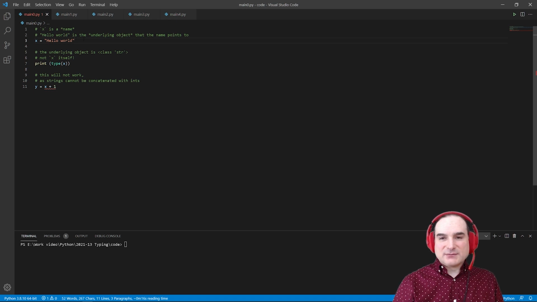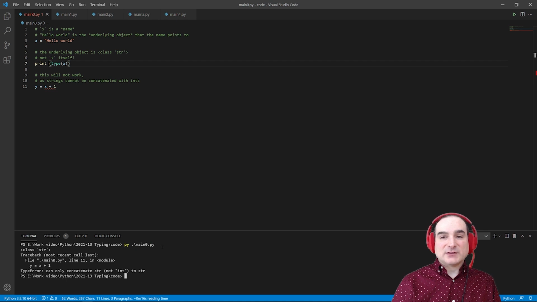When we create a variable in Python, we're creating a name in a namespace. In this particular case, it's in the global namespace for this module, and we're associating that name with some object. So if we say x equals hello world, we're creating the string hello world and pointing the name x at that object. The string object itself, the thing x points to, is strongly typed. We can't concatenate it with an integer, for instance. That won't work. We would have to explicitly convert the string to an integer to perform such an operation, and that would result in a whole new object with a wholly separate type. Plus, you tell me how we're supposed to convert hello world into an integer.